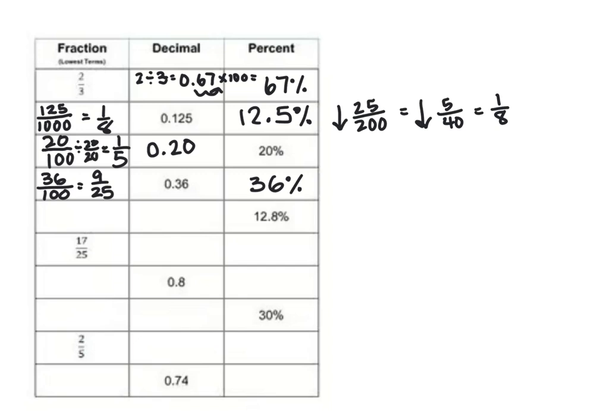Okay, 12.8%. One thing I didn't talk about with the 20% is remembering that we can go backwards with our decimal. So if we move the decimal point when we're changing decimal to percent to the right 2 spots, if we're going from percent backwards to a decimal, we can move it the other way 2 spots. So we would have